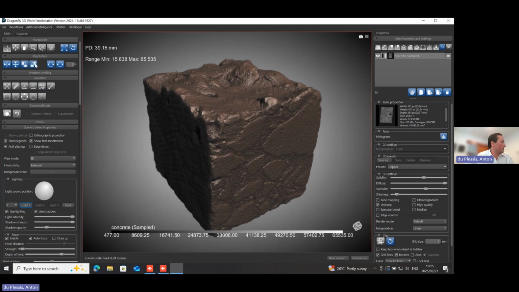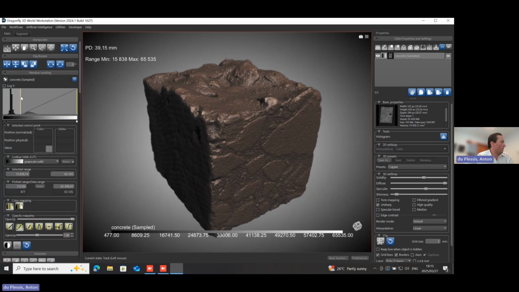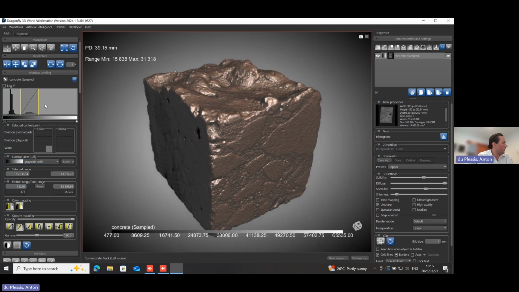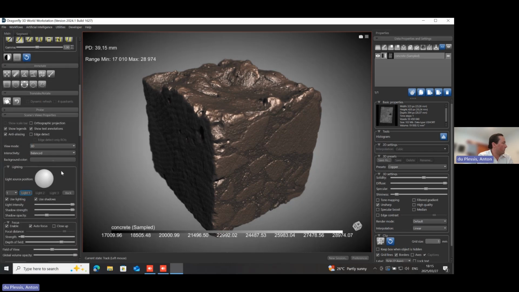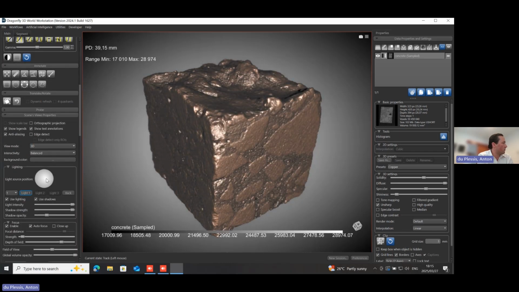I'm not going to go into too much detail here, but on the left under window leveling, this is contrasting basically. You can change the brightness of the data, and you can also change the color mapping over the range. These two usually help to make the surface rendering look much better. You can also change the angle of the lighting to show some shadows, but still show a nice surface effect. You can also change the shadow strength to make it look brighter. I think that's good enough.